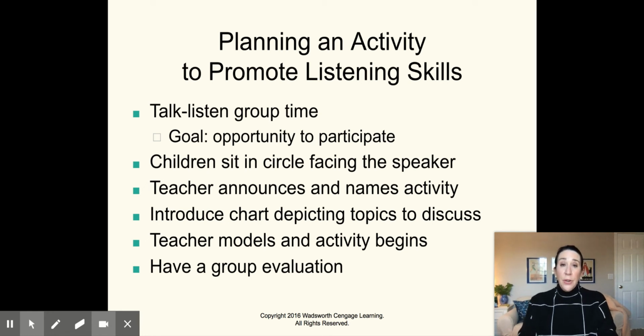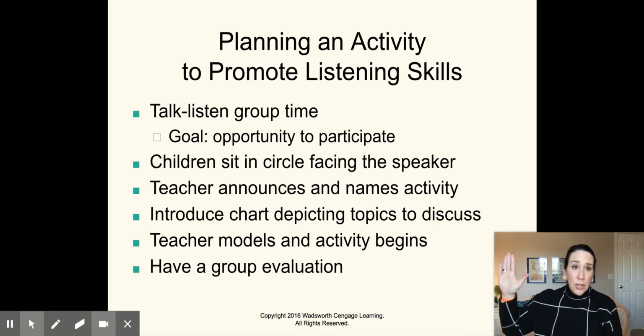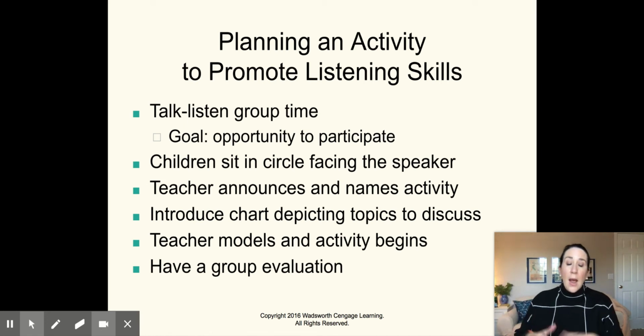So one thing that you want to do is have everybody sit where they sit and then say, can everyone see my face? If you can't see my face, I need you to raise your hand so you can move somewhere where you can see my face. But I need to see all of your faces, and you need to be able to see my face, right? Tell what you're going to do. And then have a chart that talks about what are we going to do today. Model an activity.